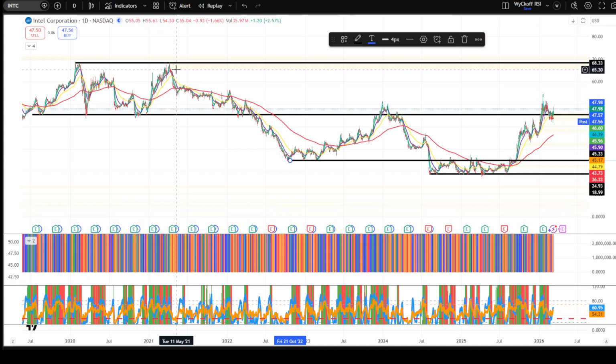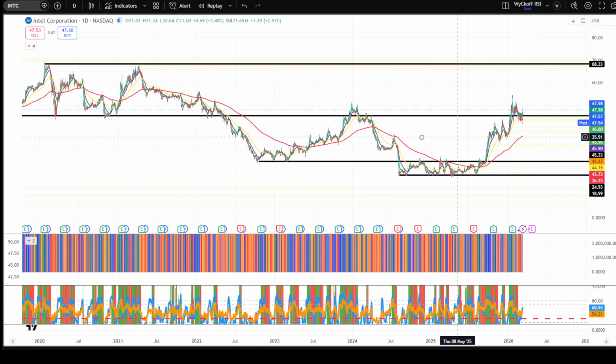Right now we're on the daily. You had this large consolidation, a downtrend, brief consolidation, uptrend. You could say that's a retest of that previous range, downtrend, and then you had a consolidation and